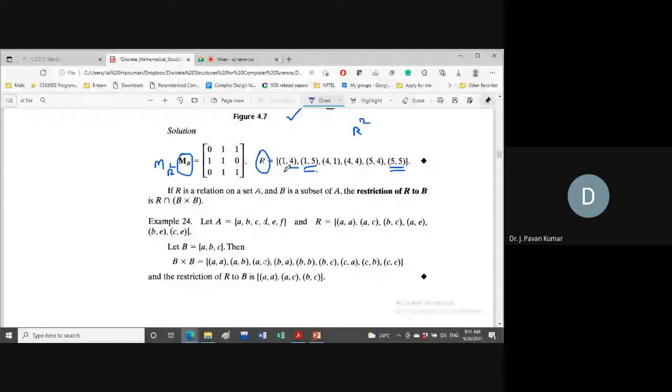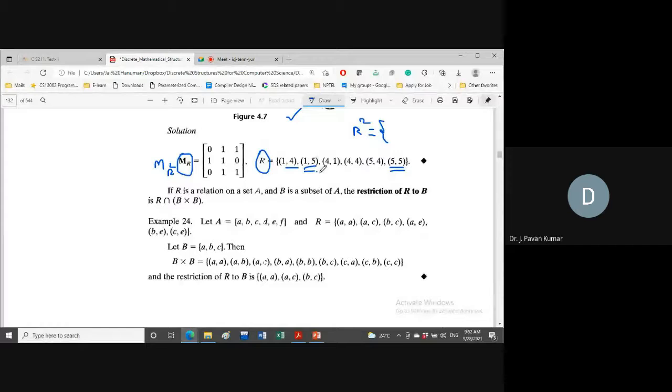Similarly, 1 comma 4 is the same: 1 comma 4, 4 comma 4. Next, 5 comma 5, can we have 5 comma 5? Yes, 5 comma 5, 5 comma 5. Next, 5 comma 4. Yes, 5 comma 4, 4 comma 4. Like that, R2 is defined as follows: if there exists a pair of two tuples which will result in the mentioned tuple, then we can say that it is part of R2, like 1 comma 4, 1 comma 5, 5 comma 5, or 5 comma 4.